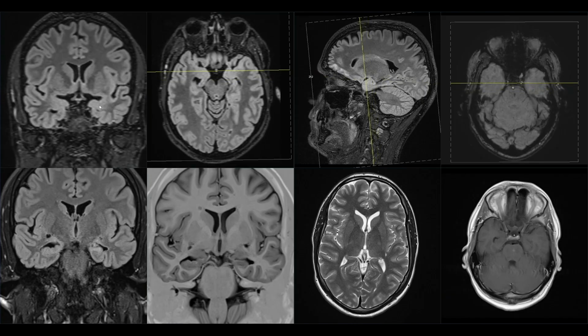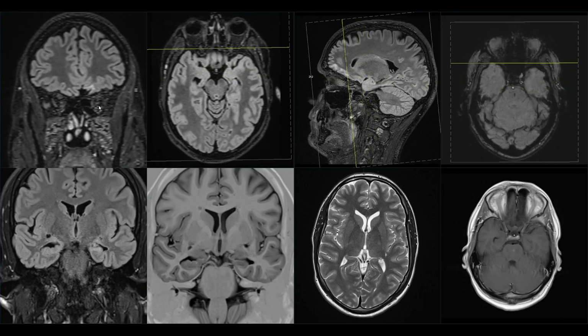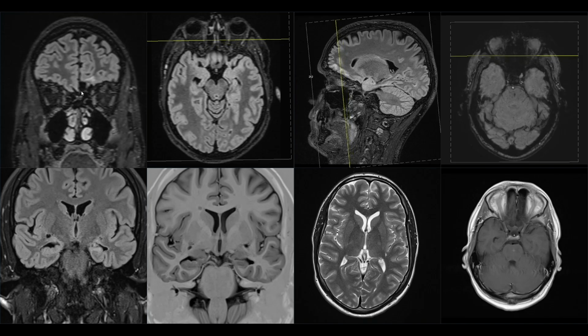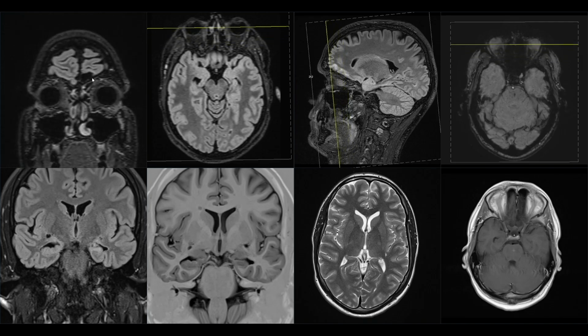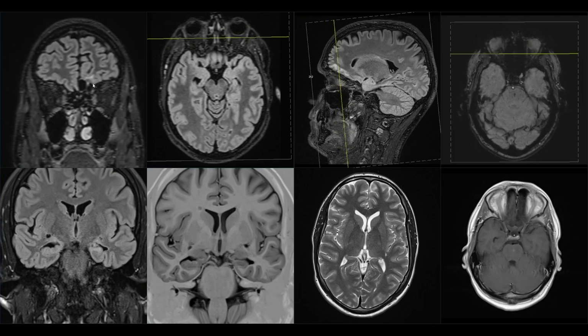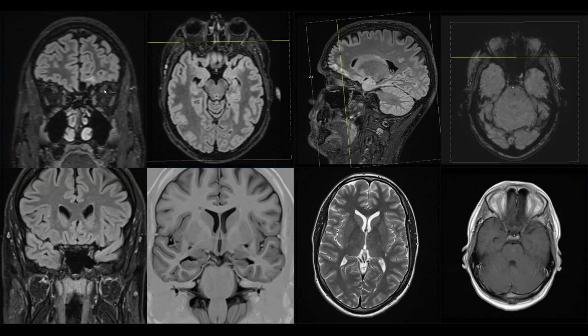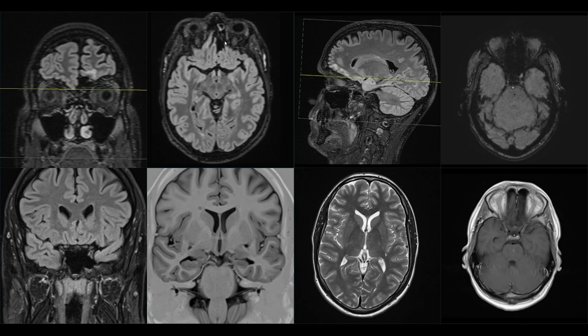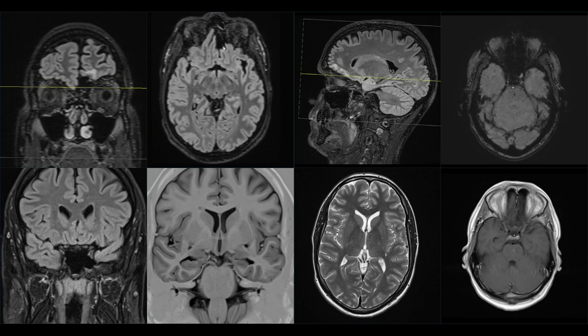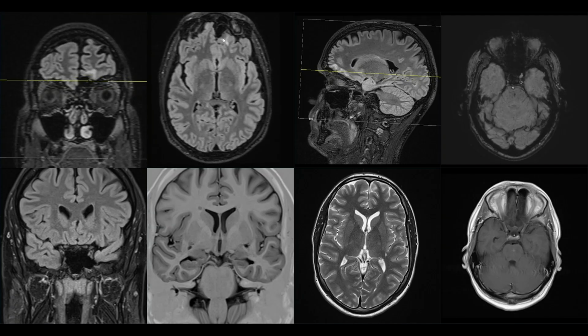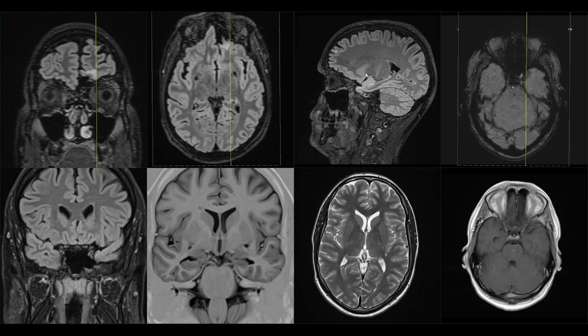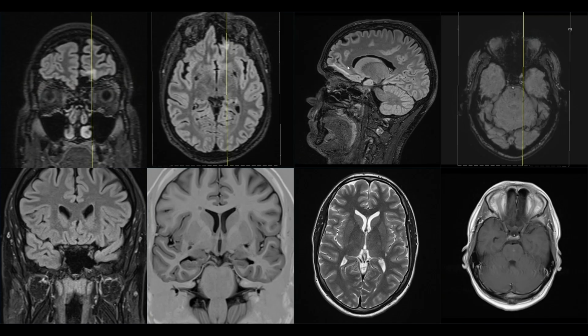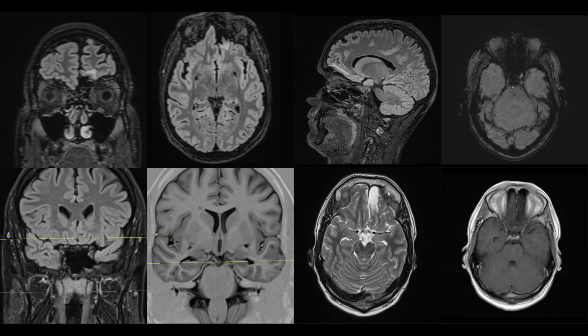Now, there is also another finding in this patient that we can see when we go more anteriorly, basally, frontally. We can see substance loss and gliosis in the cortical and subcortical matter due to previous, most likely, contusion injury. You can see it also on the axial slices as the gyrus rectus are missing parts of them with adjacent gliosis. Here is the same area on the sagittal sequence, as well as the same very striking